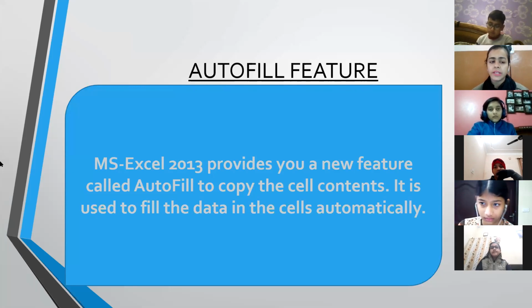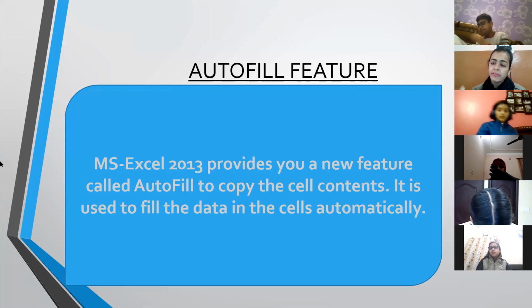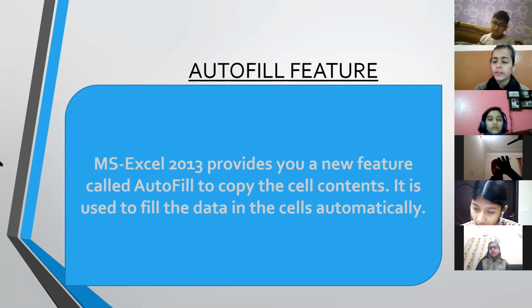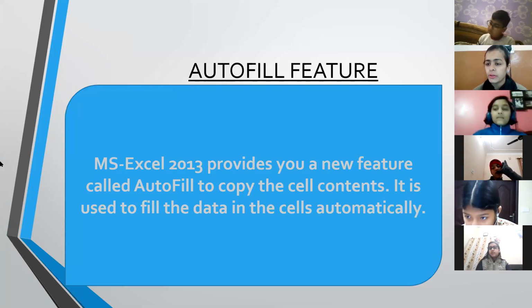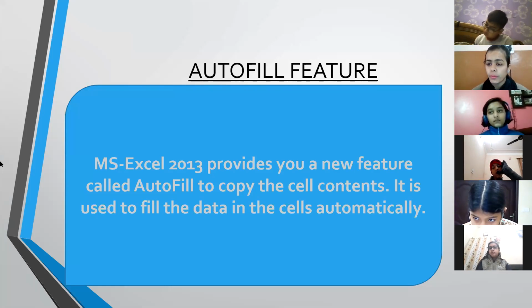Typing का जो work है वो less हो जाता है, because the contents in the cell get filled automatically. आपको हर एक month of the year अगर आपने type करना है, अगर आपने spreadsheet में months of the year enter करने हैं, so if you are using the autofill feature, you need not type every month of the year. आपको हर एक month को type करने की जरूरत नहीं पड़ेगी. By using the autofill feature, you just need to enter the first month. Rest you drag the mouse pointer, and all the months of the year will be filled automatically.